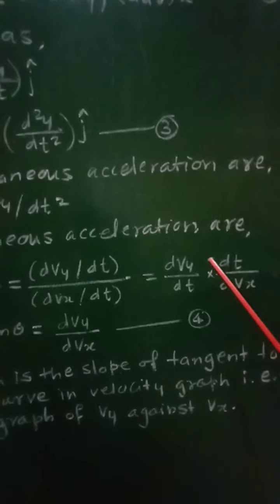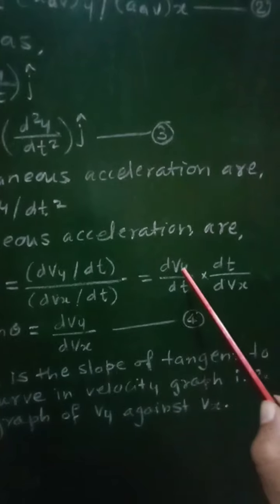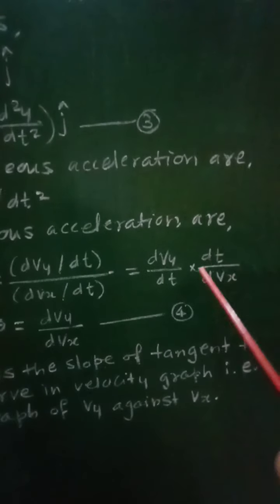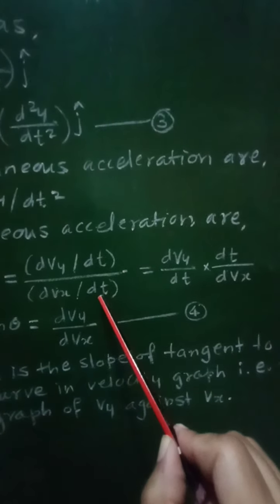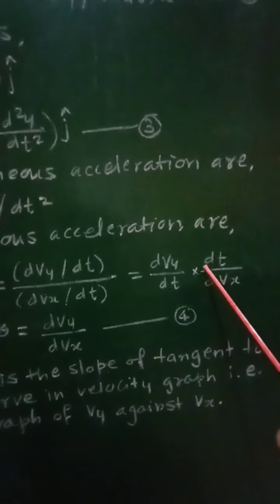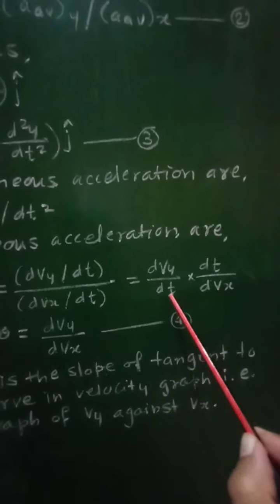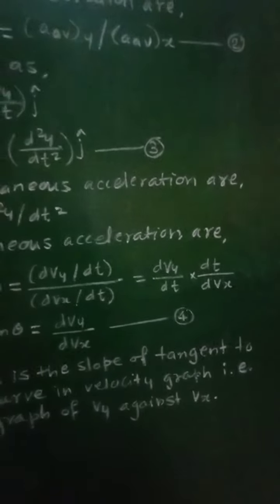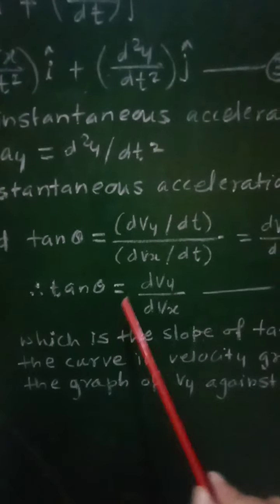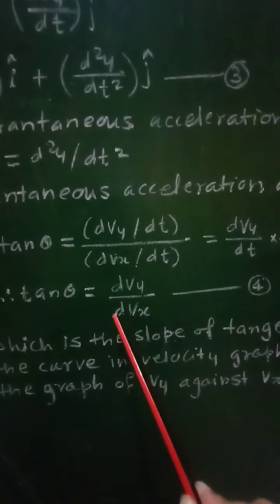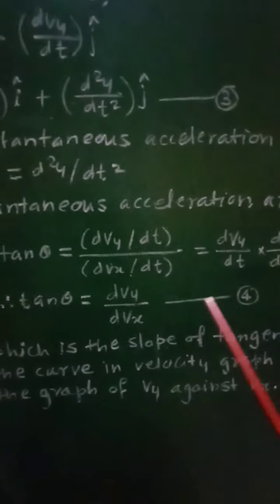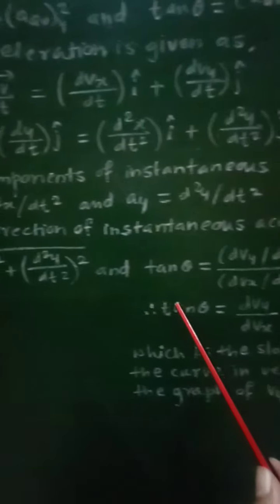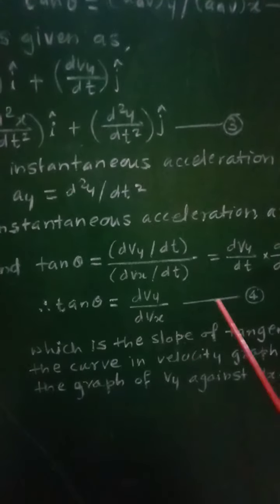Now this will be further written as dvy by dt, as it is, into dt upon dvx. This will be inverted, so it will be into dt upon dvx. dt will get cancelled and we will get dvy upon dvx only, and therefore we can write tan theta equal to dvy upon dvx, equation number 4. So this equation 4, that is magnitude as well as direction, is represented by equation 4,